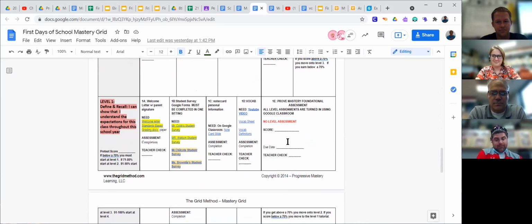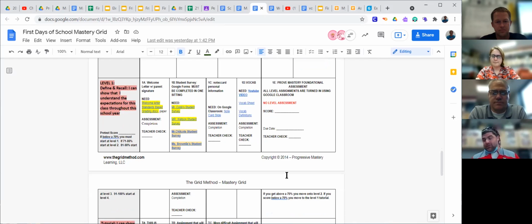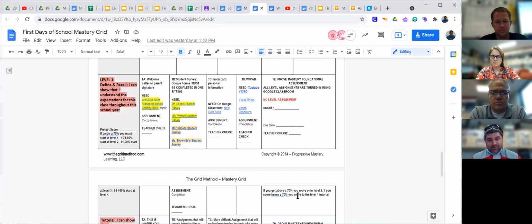Now, we still will be keeping with our pacing guide. It's about an assignment a day, but all students, unless otherwise specified, will start at level 1 and level 1A, completing that, and then moving to level 1B, level 1C, level 1D, and then there will be a level 1 assessment or basically a quiz over that level 1 material. If you get below a 70%, which is what we're counting as showing mastery,